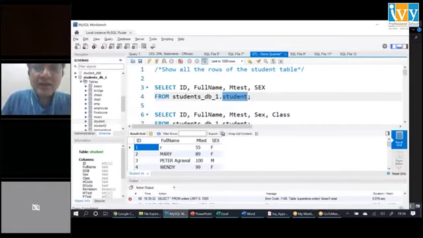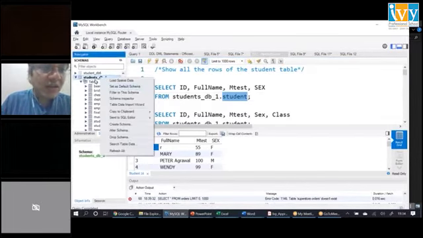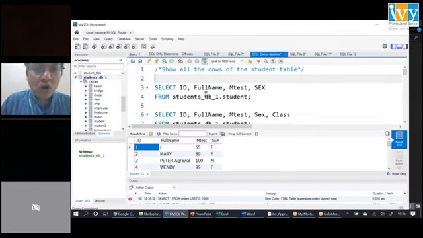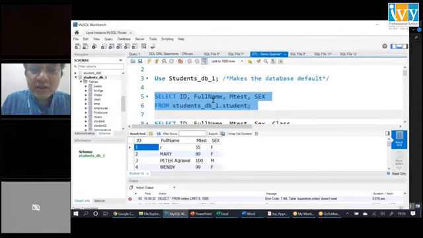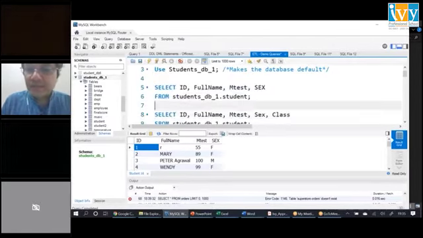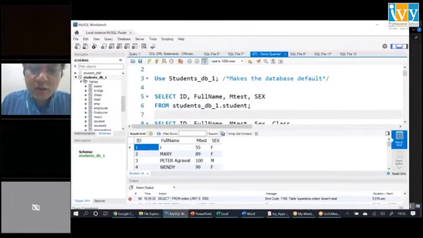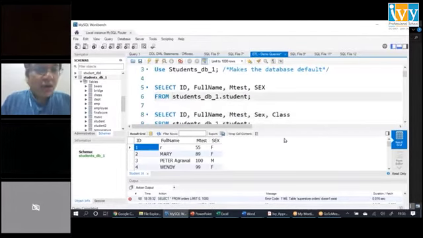The reason is that this particular GUI, graphical user interface tool, is very intuitive. Here you can right click on a database and make it the default database, or you can write the statement use students underscore db underscore one. What it does is make the database default. That means all the other statements that I will write will by default work on this particular database. Does it make sense, guys? Yeah, great. Since I had already defaulted it by either writing this command or by right clicking,